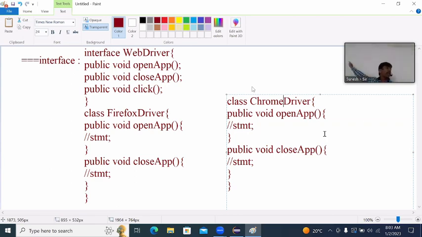Okay. Now, see the understanding. First, we got a plan. According to the plan, implementation is provided in another class. See the understanding. According to the plan, implementation provided in another class. Okay. Now,